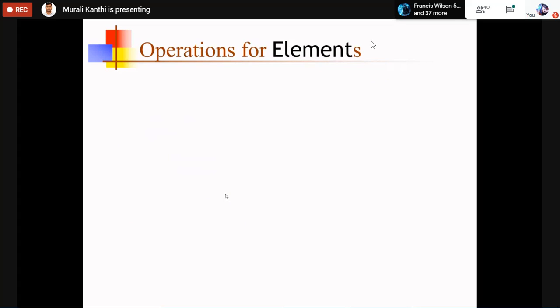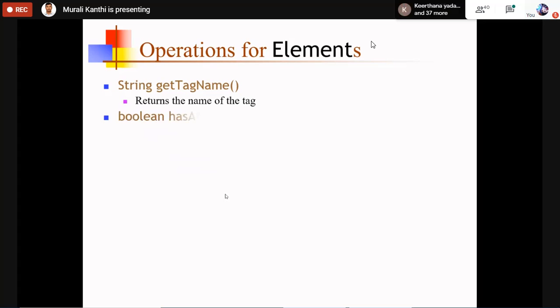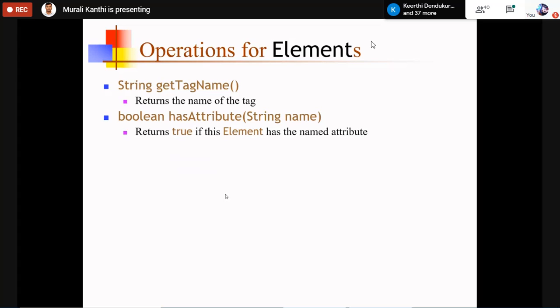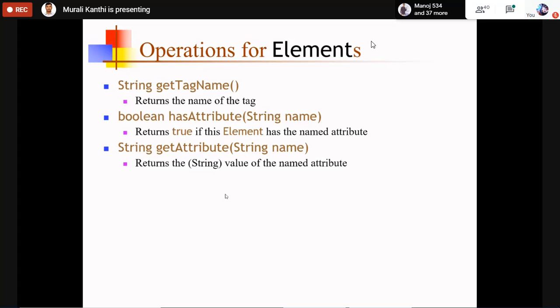Then operations for elements. The string method getTagName returns the name of the tag, that is, the element name. Boolean hasAttribute checks whether the element has any attributes, returning true if it does. getAttribute returns the value of the named attribute, if it is there.